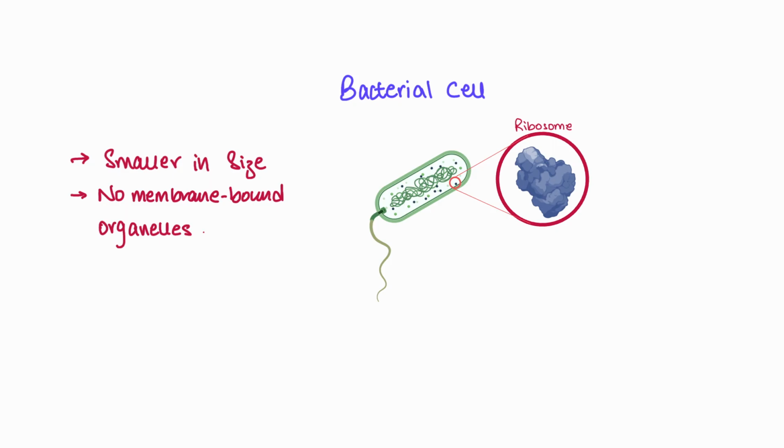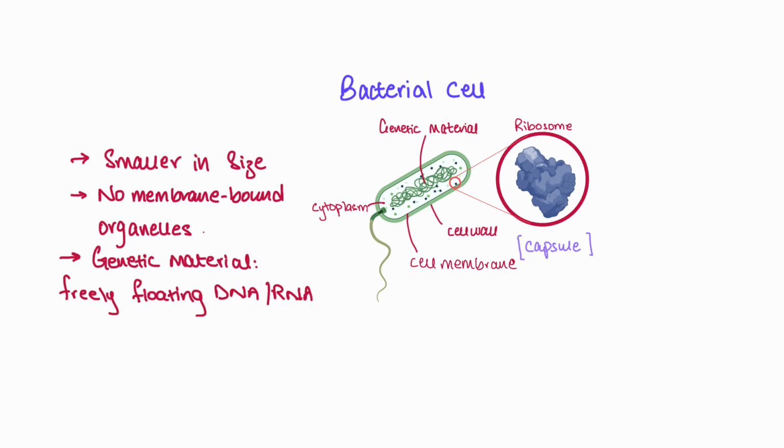We've got a cell membrane, there's a cell wall surrounding the cell membrane, there is a capsule surrounding it from time to time, which I haven't shown here because it's not always present. Then of course they've got their cytoplasm inside, and then they've got this genetic material meshwork in the center, if you can see that. Now this is different from the chromosomes that were in the nuclei of a eukaryotic cell, right? This is freely floating.